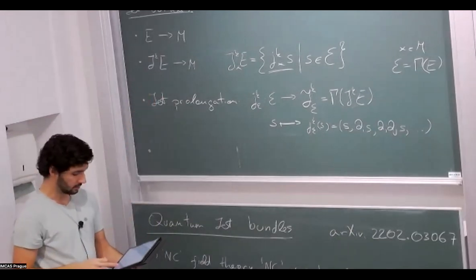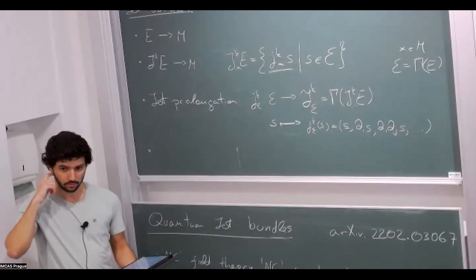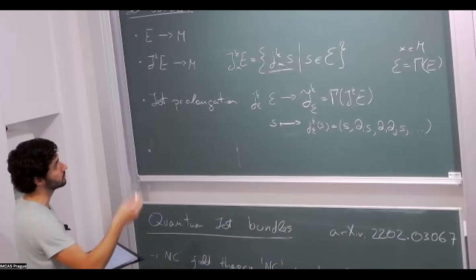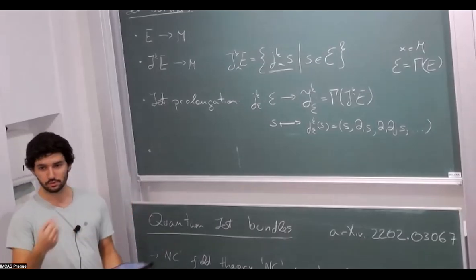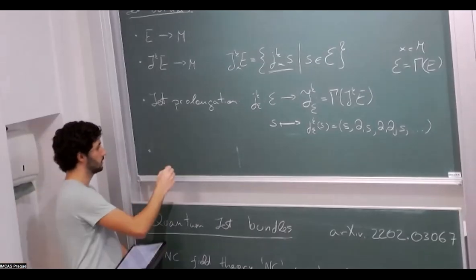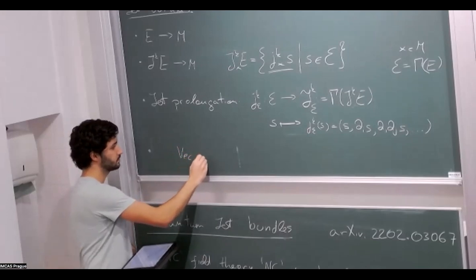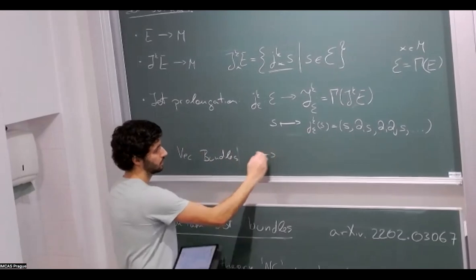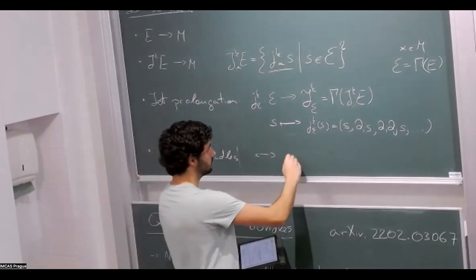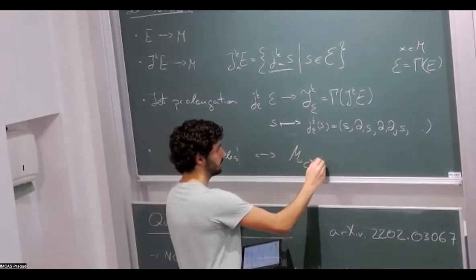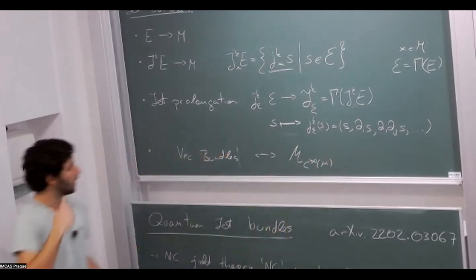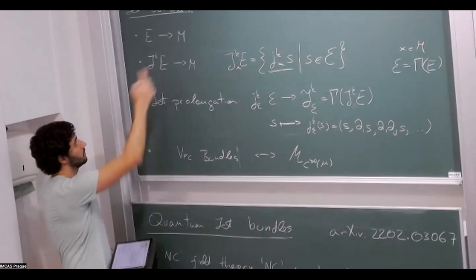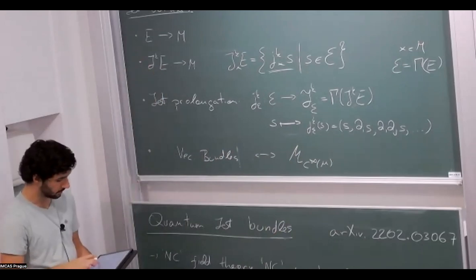And we can use the Serre-Swan theorem to pass this to non-commutative geometry, because vector bundles over the base manifold are modules over C infinity of M. And since when the original one is a vector bundle, the jet bundle is also a vector bundle,